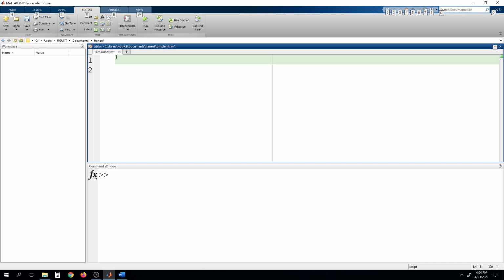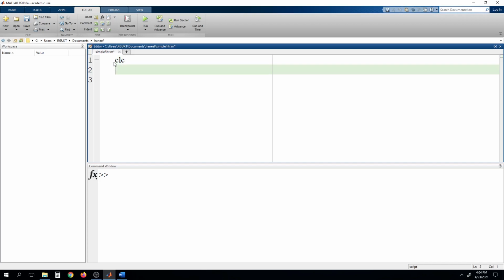So in the last three sessions, we have seen how we can work on simple generation of a sine wave, and then we were successfully able to generate the musical tone, and then we worked on linear convolution. Now, today we will be seeing how we can do a simple filter, a simple low pass filter. We'll start with CLC, clear all,